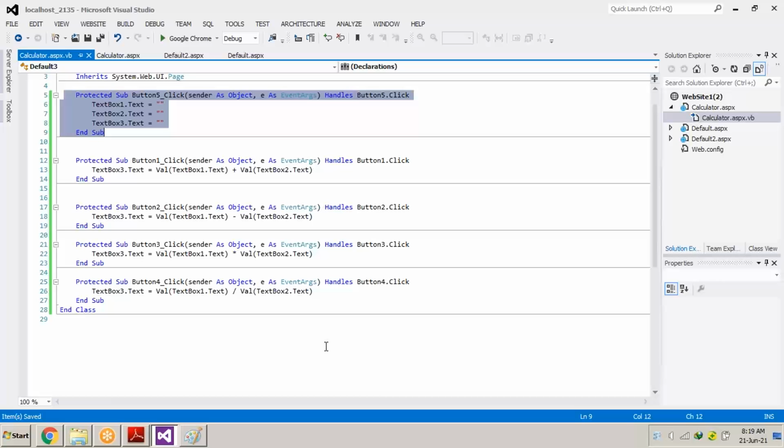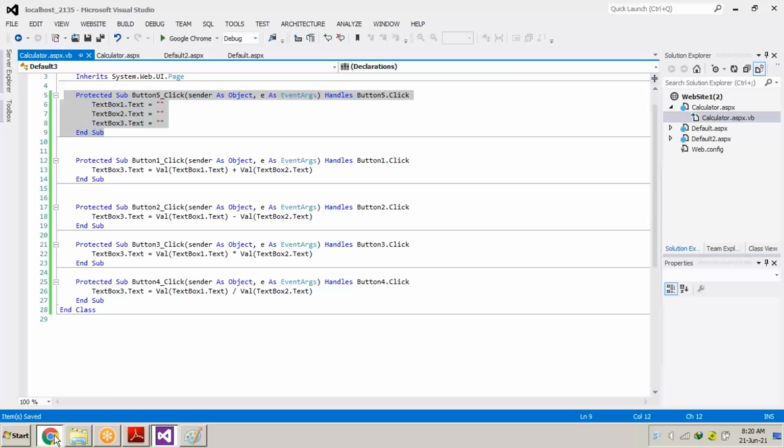It's not necessary that you write every code in sequence. You can add any code above or at the bottom. Remember the button names, because you can see I have written the button 5 code early, at the starting of the page, and then button 1, button 2, button 3, button 4. If you write the button 5 code first, or the button 3 code first, or the button 1 code first, in a jumbled manner, there's nothing to worry about. All the code is going to execute properly.